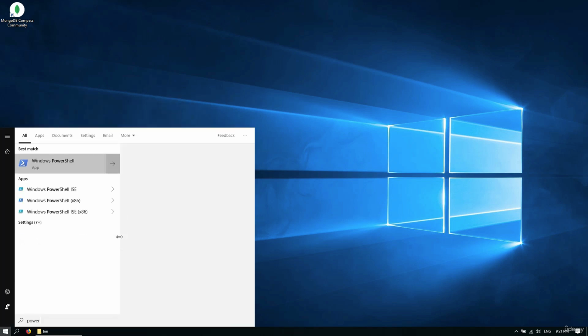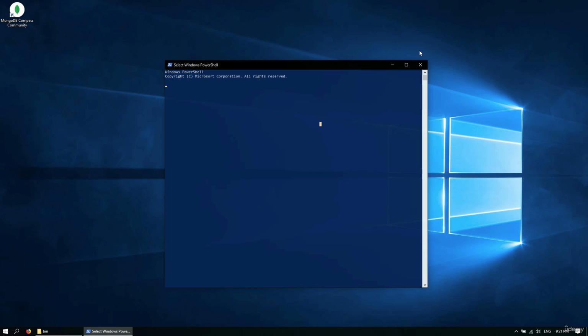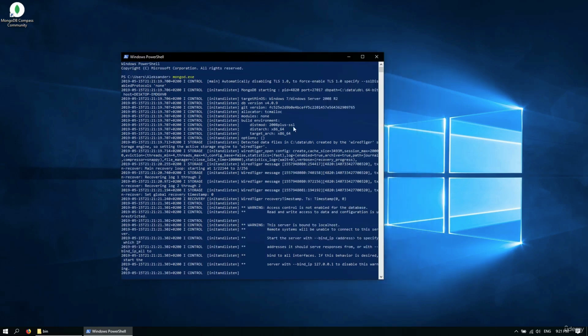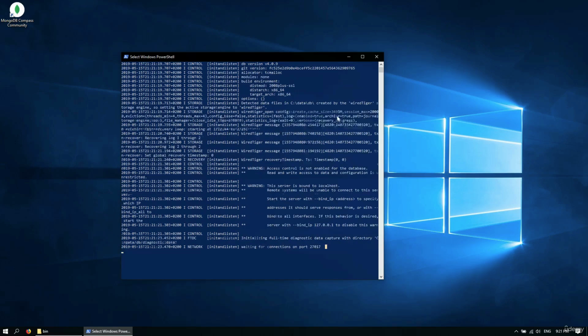And let's test it in PowerShell, okay? So you can see that I'm currently in my user directory, and I will run mongod.exe once again. And you can see that everything works just fine, okay? So the server is running on the same port as before, and it's ready to use. Alright, so you can close this,